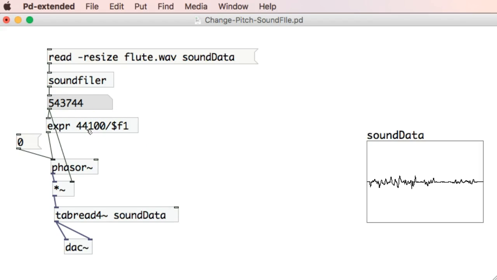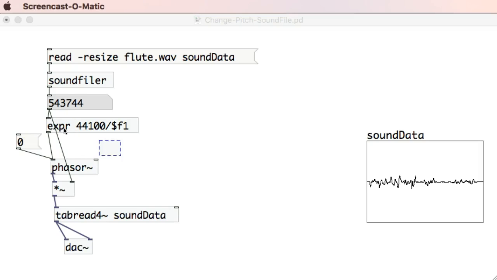44,100 and divide it by the number of samples, 543,000, I'm going to get 0.08, and that's telling phasor you need to take the amount of data that's in the sound data array. You need to take 0.08 of that every second so you can crunch through it in 12 seconds. And so this expression object is churning out the value to keep the pitch. So phasor is going to jump through 0.08 of the data in this sound data array every second. And after 12 seconds, it will have munched through the whole lot and thrown it out through